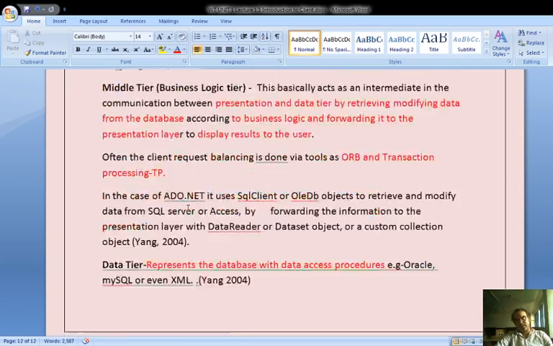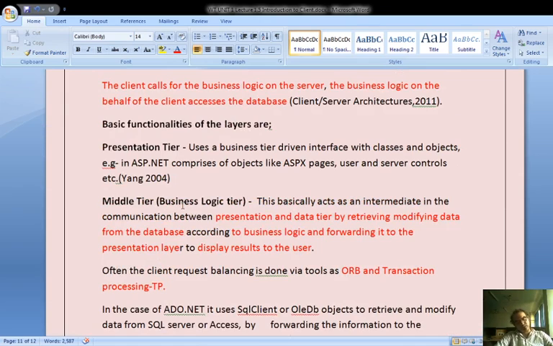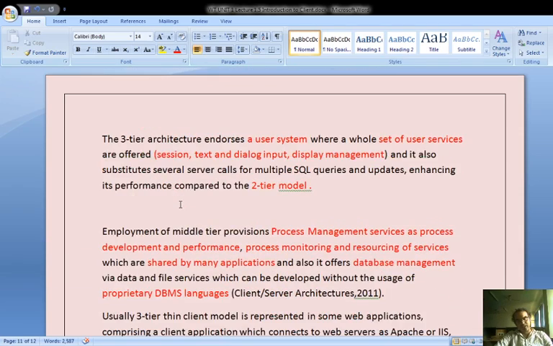So this is the introduction of three-tier, where the communication has been divided into three layers: presentation, middle layer, and data layer. How these things take care of it is always architecture dependent, and we can understand how it works and what the complexities behind it are.